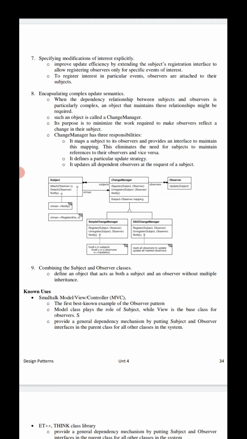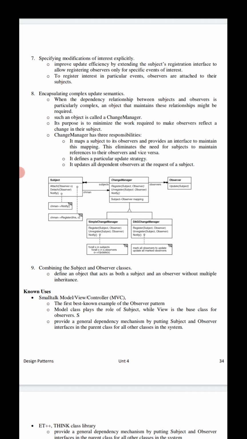In contrast, the DAGChangeManager maintains directed acyclic graphs of dependencies between subjects and their observers. Here a DAGChangeManager is preferable to a SimpleChangeManager.